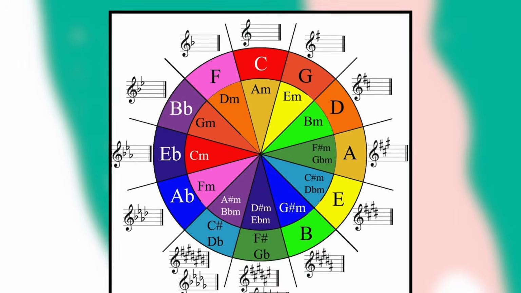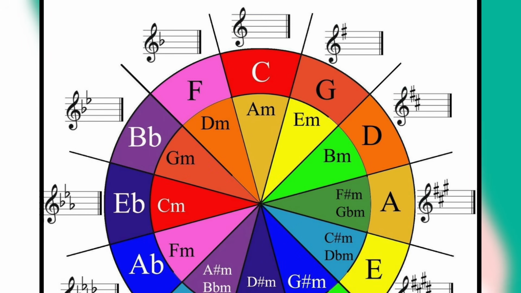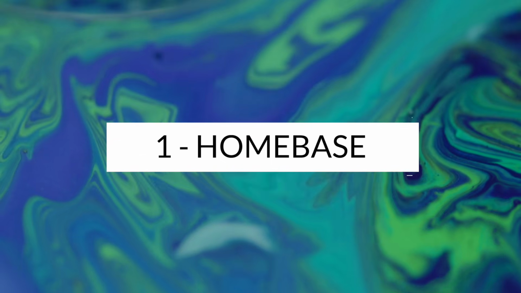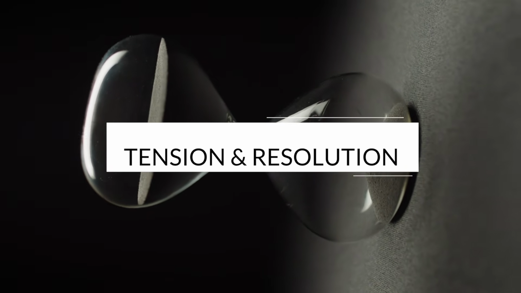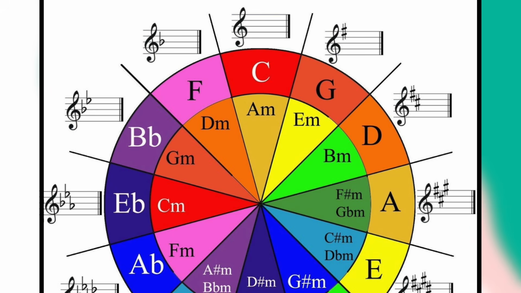These chords are actually neighbors on the circle and play a pivotal role in creating harmonic progression. In songwriting, moving between the 1, 4, and 5 chords forms the backbone of countless songs across genres. The 1 chord provides the home base, the 4 chord adds movement and contrast, and the 5 chord introduces tension that resolves back to the 1 chord. So as I just said, C major is the 1 chord, F major is the 4 chord, and G major